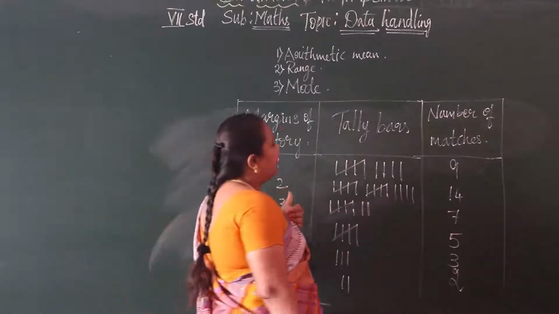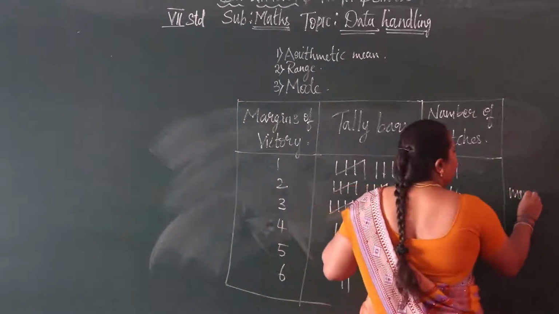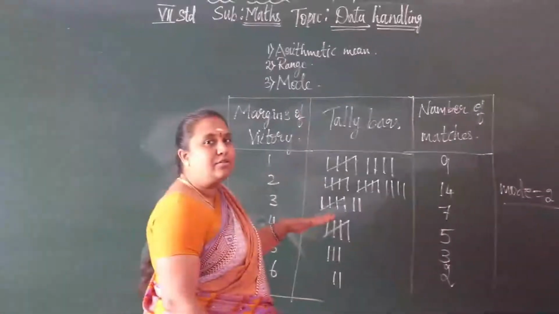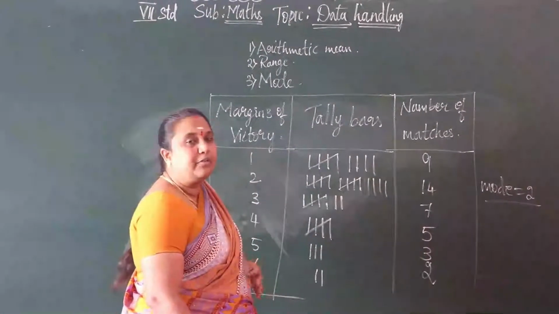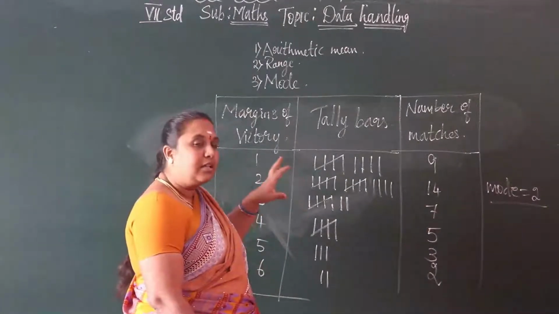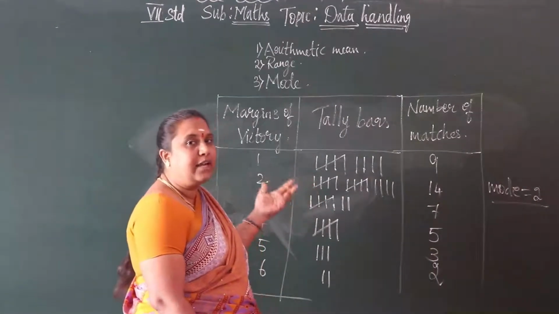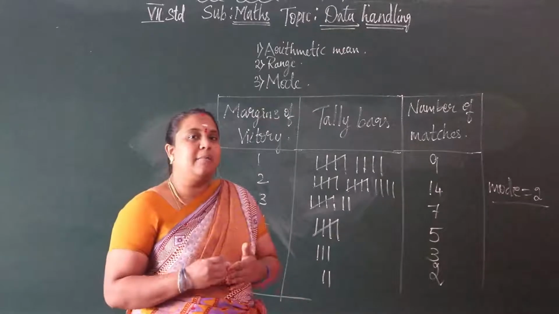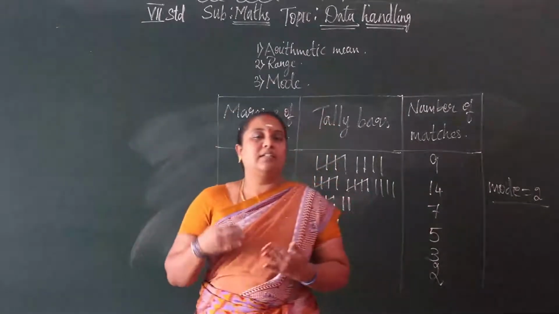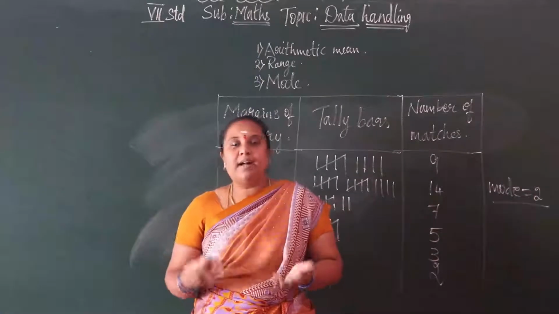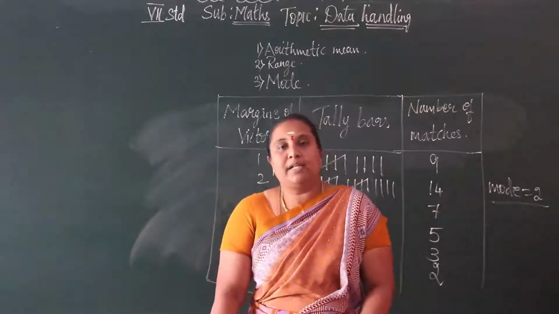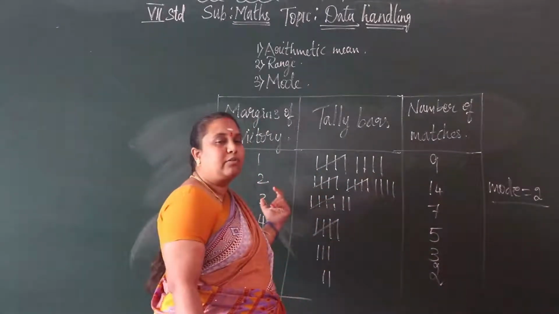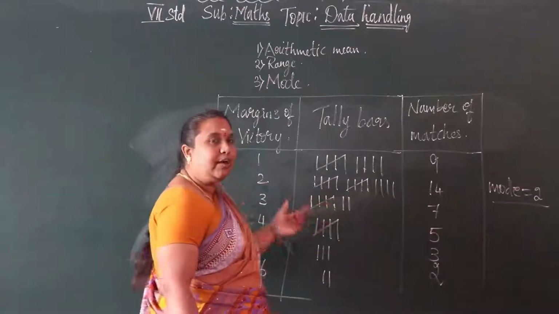So what is the more here? So the mode equals 2 in the given data. Okay. So understood, children? This is the way of counting the mode. The mode is the number we get repeatedly again and again in the given data, as 2. If we have less data, say 15 or 10 or 4, we have to count and write as it is. But if we have more than 20, we have to write the tally marks, count them, and find out the mode from the given data.